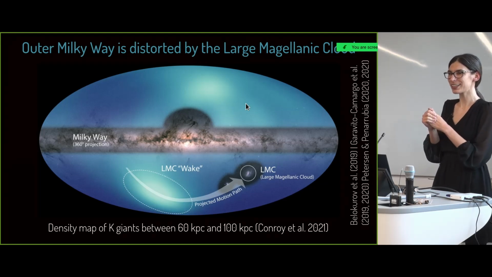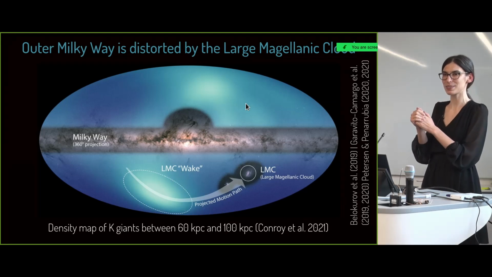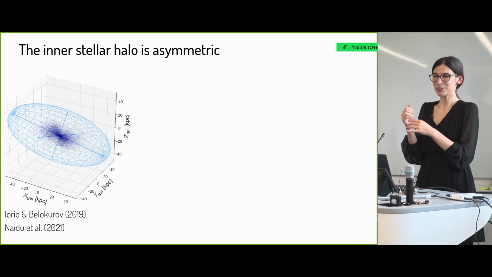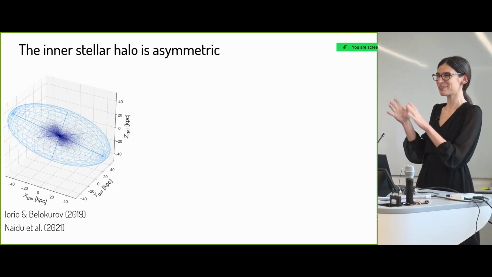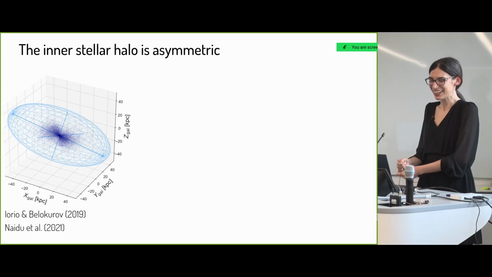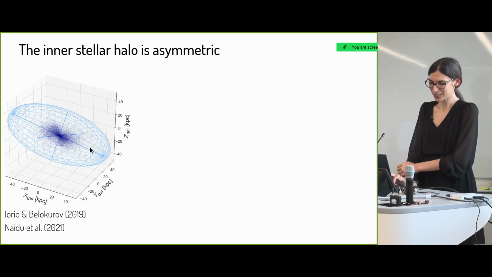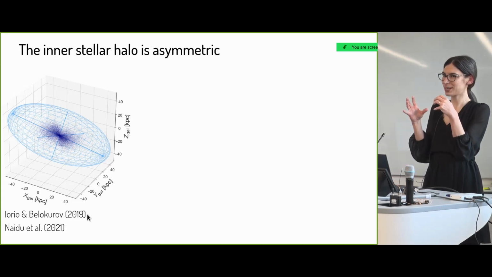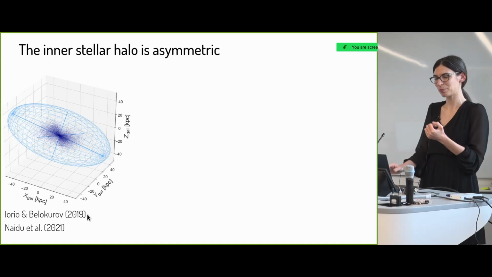But my hope for a while was that maybe this is just something that is happening in the outer galaxy due to the LMC, and that in the inner galaxy, where we have most of the streams, this is not as much of an issue. But it turns out that even though it's not as complex, it was definitely not a spherical halo in the inner galaxy either. An indication showing that is illustrated here in what Yuri Belokurov showed: the distribution of the stellar halo seems to be, in the inner galaxy, in an ellipsoidal shape that is tilted with respect to the galactic plane.